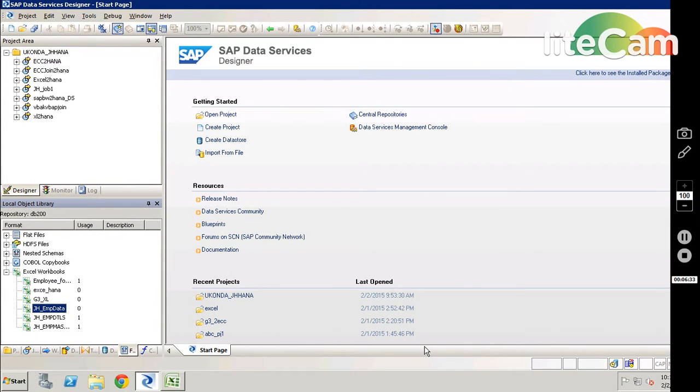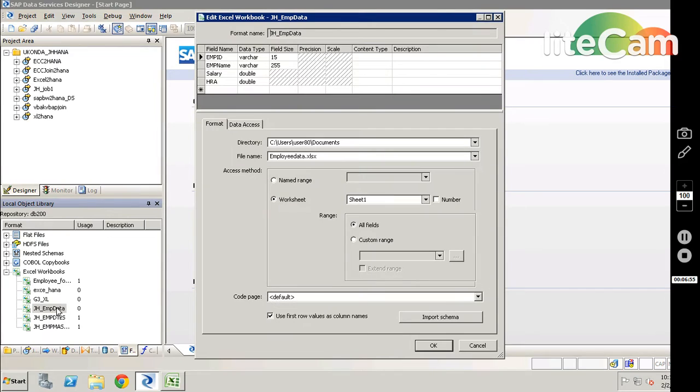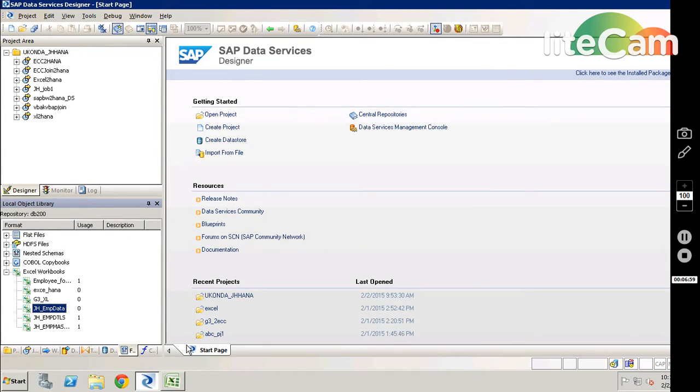Now your employee JH_EMP data formatter is created, and this is showing 0, that means you have not yet used this formatter in any of the places. Now the source side is created. Here you see you didn't have any data, we have just created the metadata of this. Now we will go to the data mart,